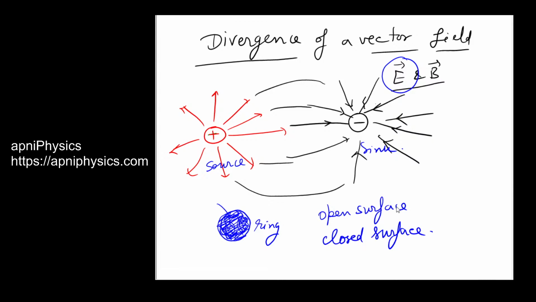Right, so an open surface looks like a ring, and a closed surface, as I told you, is filled. So overall, the area here is the same, but this one is open. This looks like a ring. So we consider basically a